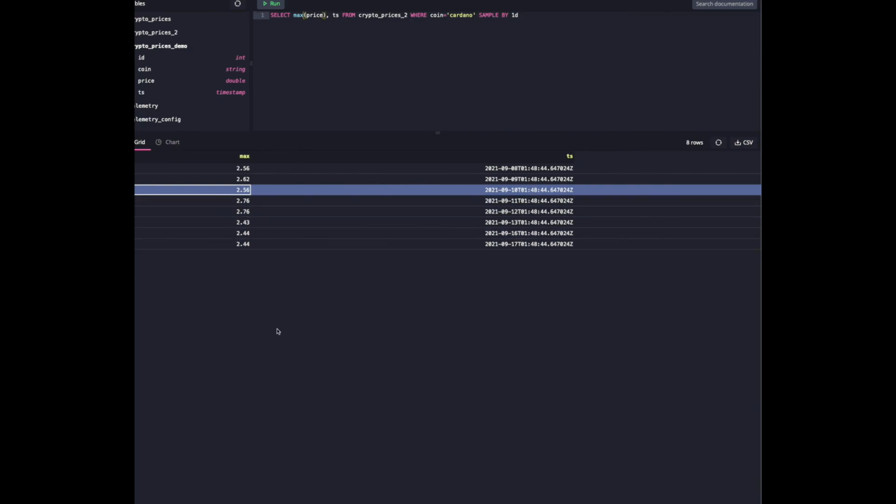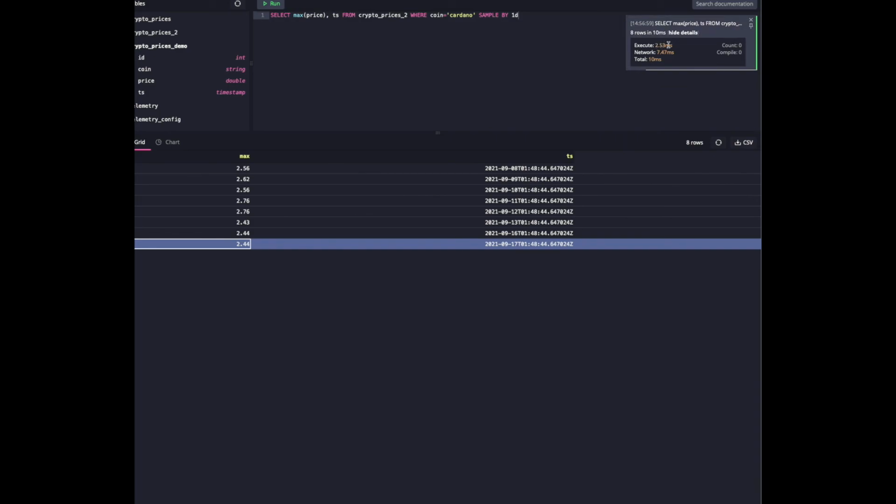One thing to point out, look how quickly this runs. In 2 milliseconds, we're getting the result. And I know 25,000 is not a lot of rows, but QuestDB scales very, very well. So yeah, I think that is pretty much all